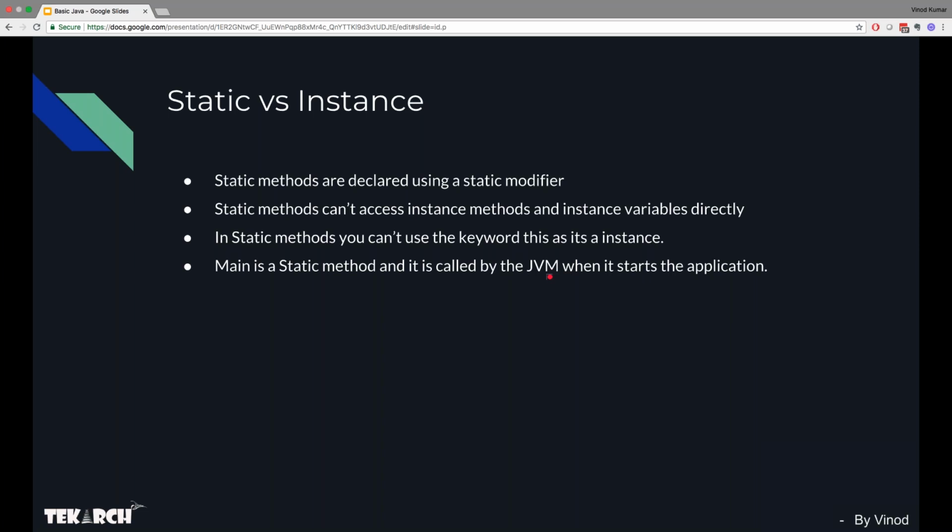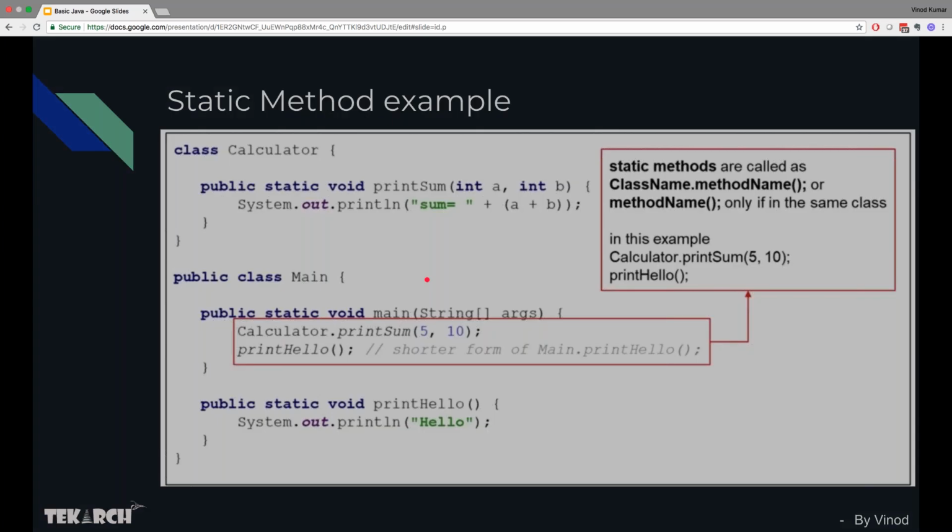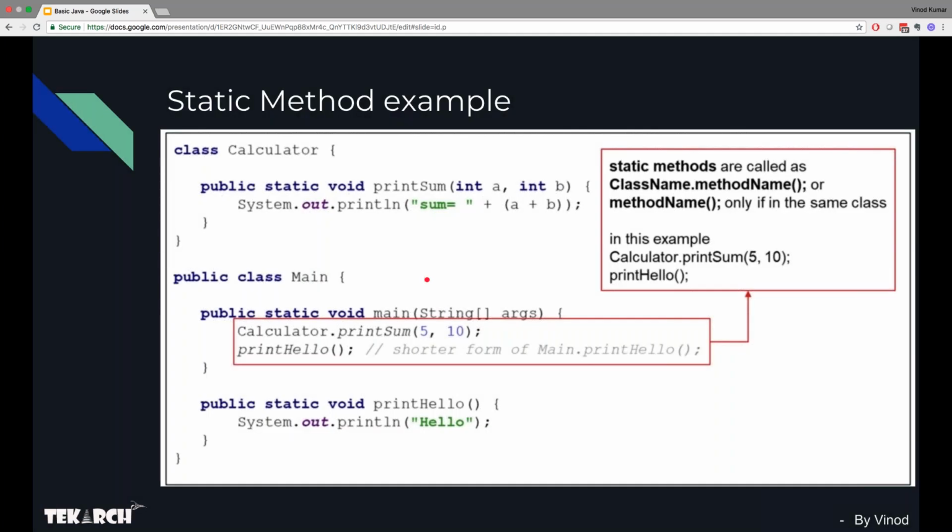Are you able to hear me? Yes, Vinod. All right, so these are some points on static. I've just explained it here. If you have a calculator and a function print sum as a static method,